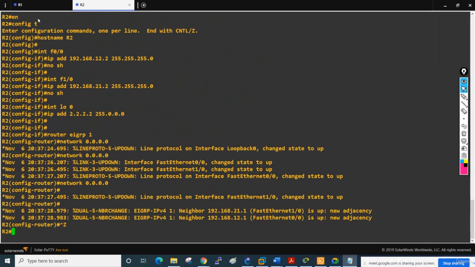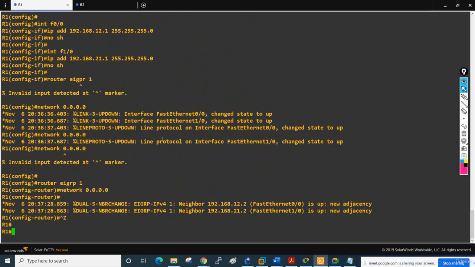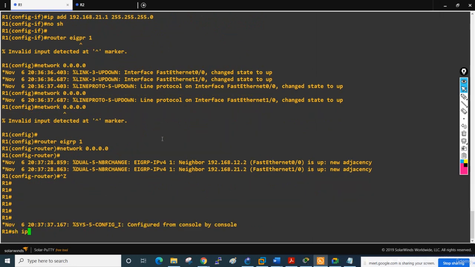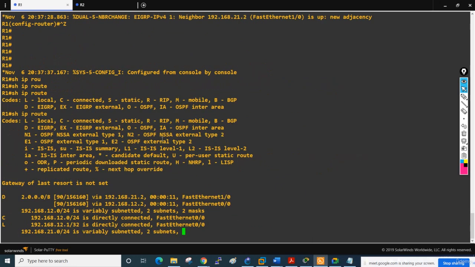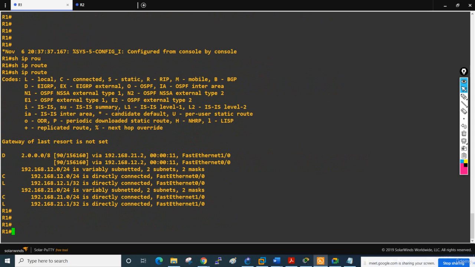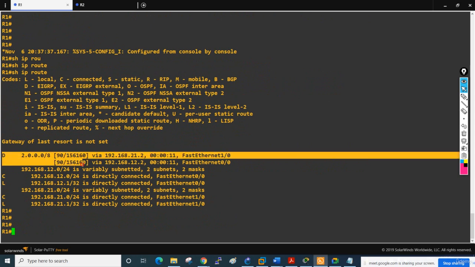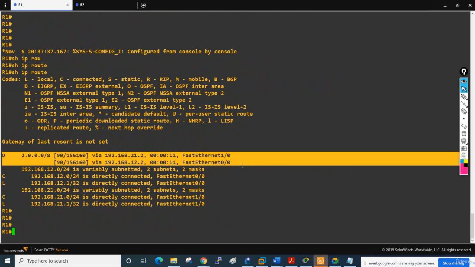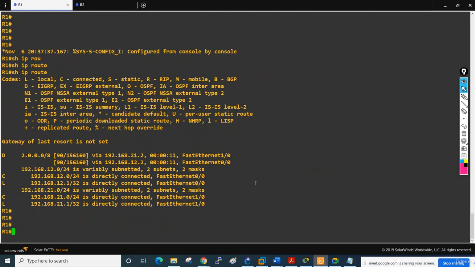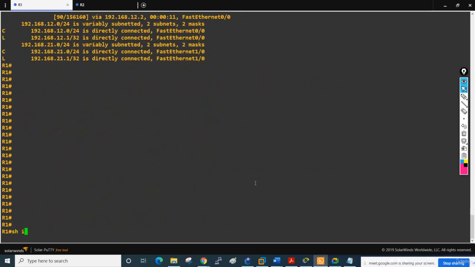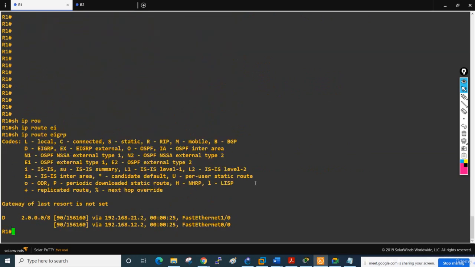Yeah, so now we can check as per our theory. If we see show IP route, we will have the 2 route. This is the route we are getting, which we learn from EIGRP. Or let me write another way, if I write show IP route EIGRP, we will get only EIGRP routes. If anyone wants to go to this 2.x network, we can go with 2 paths. One is 192.168.21.2,